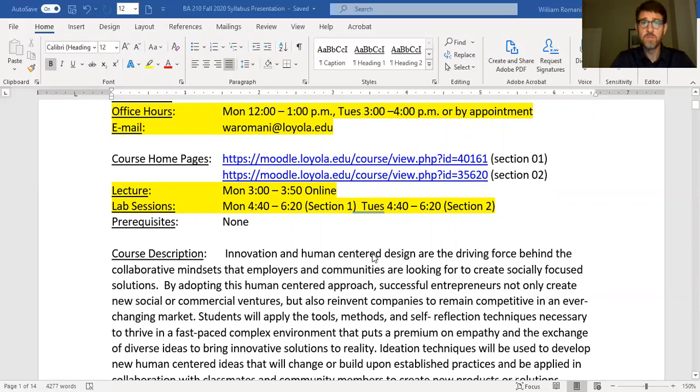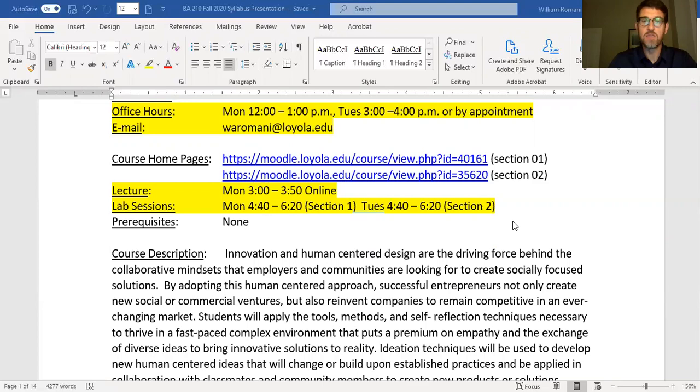This class is set up a little different than a lot of other classes. There is a lecture where 31 of you will be all together on Monday from 3 to 3:50. And then we split into two smaller groups for two different, what I'm calling lab sessions, on Monday at 4:40 and Tuesday at 4:40. The lab sessions will be an opportunity for you to get a little more individualized instruction from me